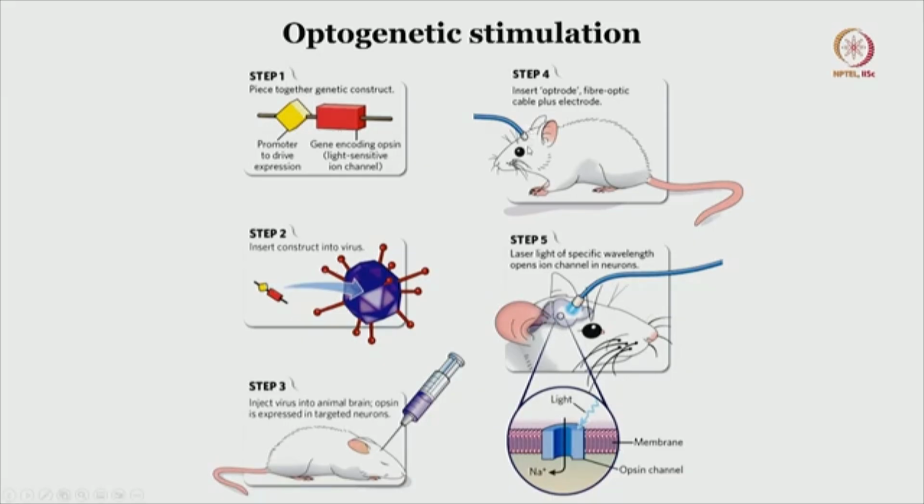All you have to make is a burr hole, and then you can implant the cannula which will hold the optrode or the fiber optic cable, which will pass through the cannula which you have just implanted by making a burr hole. Once you do that, a laser light of specific wavelength opens the ion channel in neurons and it fluoresces, alright. So that gives the action potential which will be picked up by that particular electrode. That is the whole idea of having an optogenetic stimulation, where you make the target